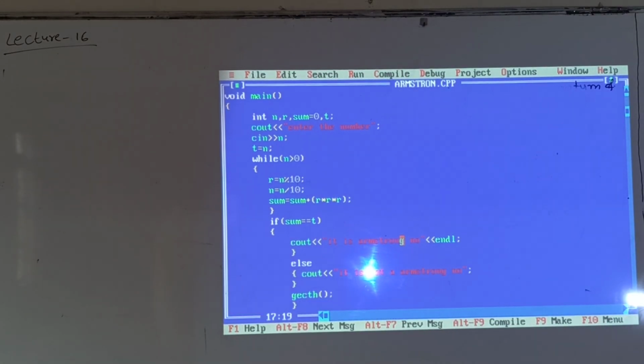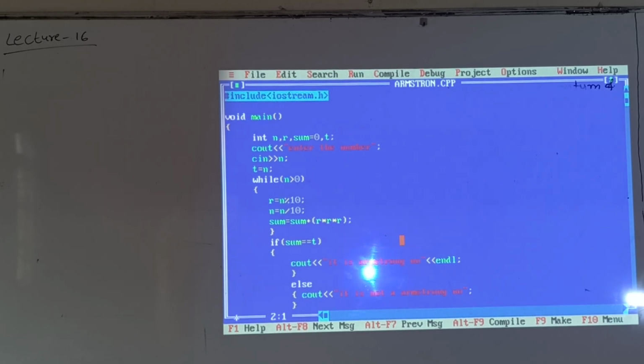Okay, so the getch error is there because I am not including conio.h.